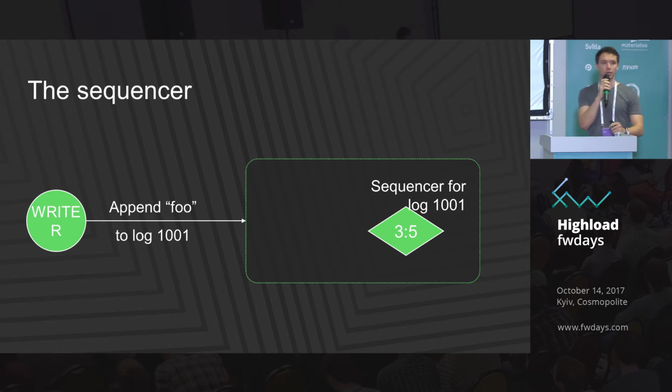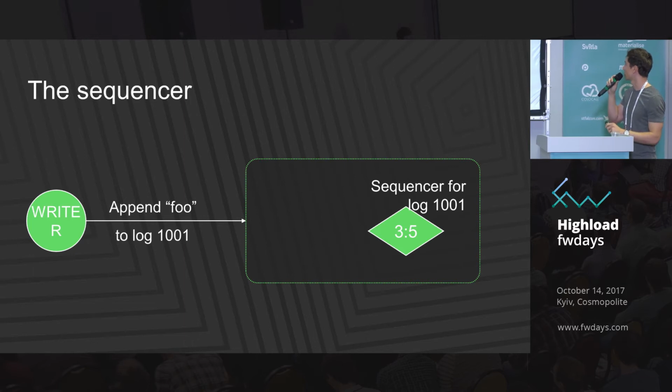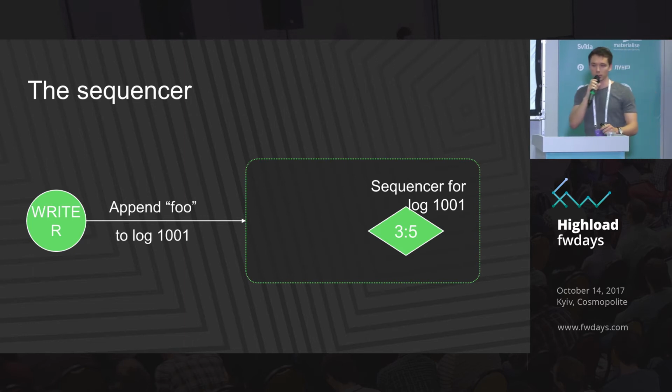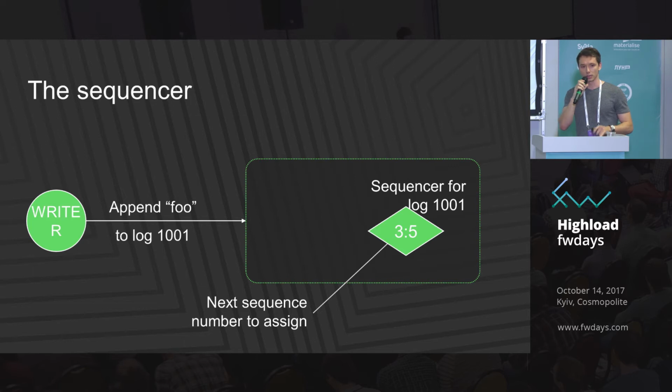Why is this important? Because if we lose the sequencer object, a new sequencer will pop up on a different host, and we will just bump the epoch number, and then we can continue writing. We don't have to wait, and we don't have to find out what the next sequence number is. We don't guarantee that it's going to be +1 all the time. It can be just the next epoch. For example,